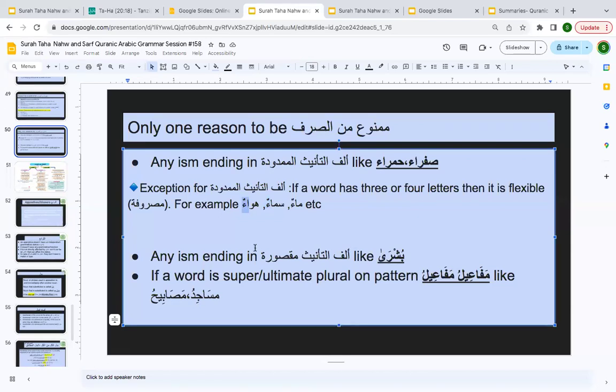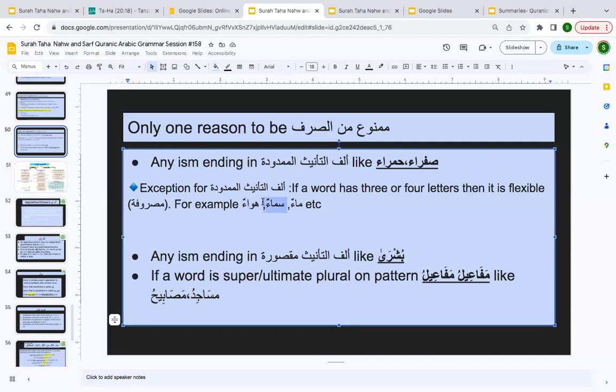So remember that when you are calling something tanis, it cannot be the root letter. It cannot be the root letters that has changed. It has to be alifu tanis mamduda or alifu tanis maksura, which is a sign of feminine. It cannot be an alif that is a root letter of the word. Okay? That is why you see ma'un, sama'un, hawa'un, because they are not that alif. This alif mamduda in all these three cases is mamduda, but it's not alif ta'nis. Okay? These words are not going to be feminine because of their alif mamduda.